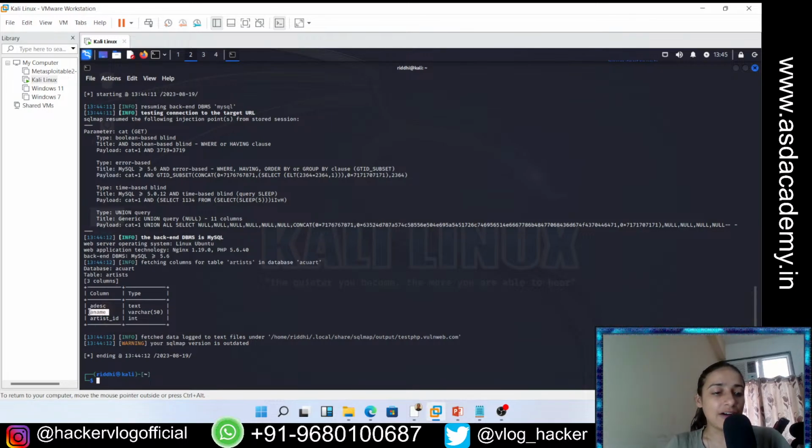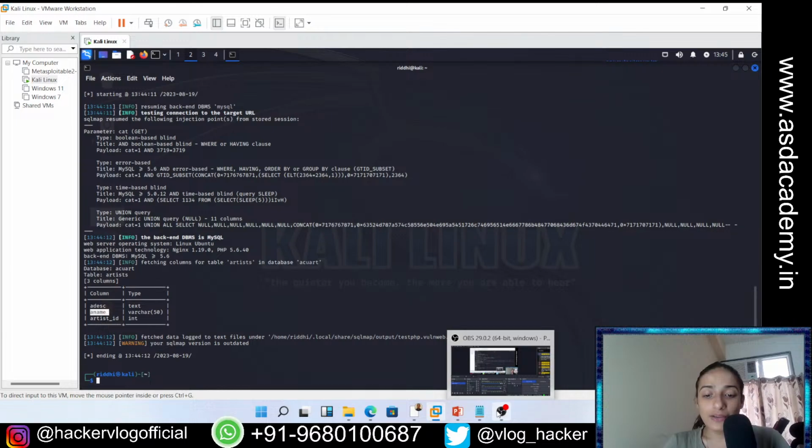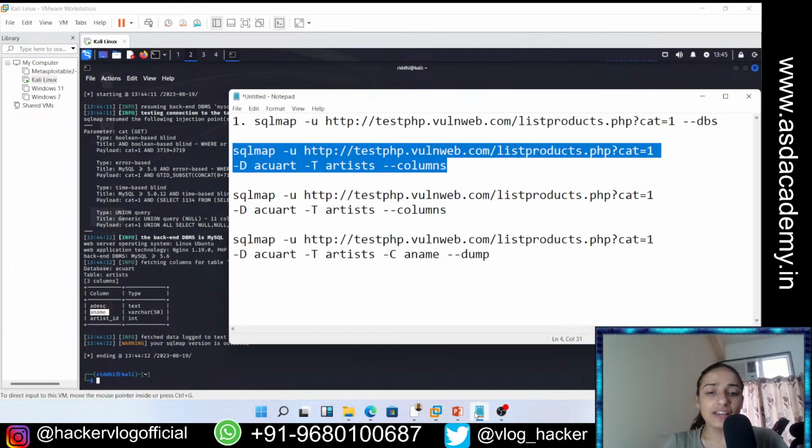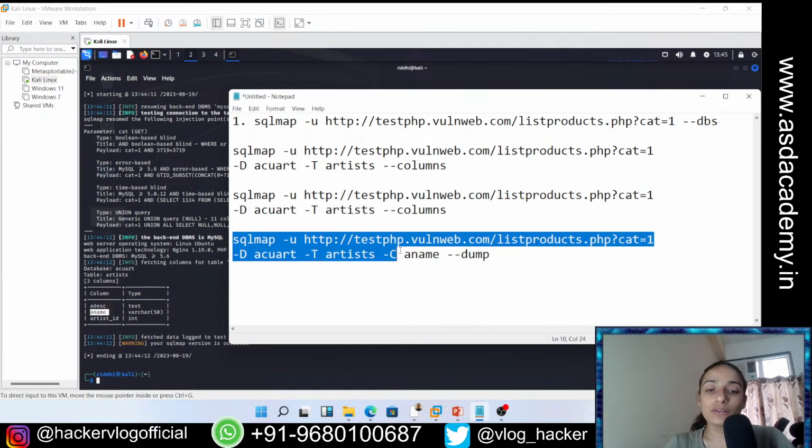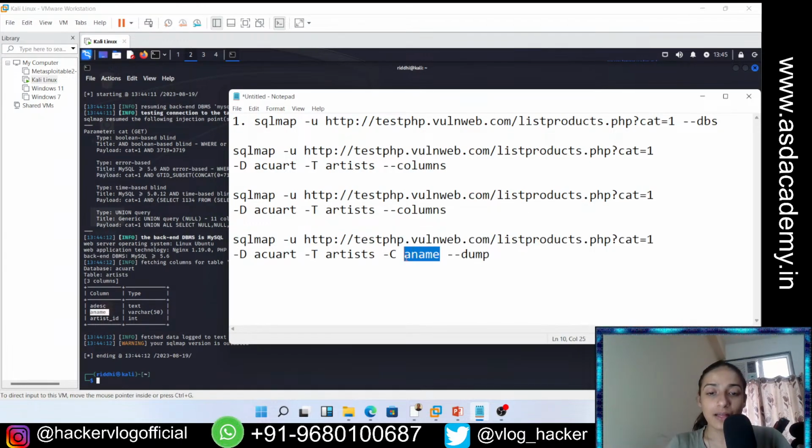We have a column called name. If we want any information revealed, the attacker will form the same query, but this time it will simply specify the column name and then --dump. So if we are writing any query,